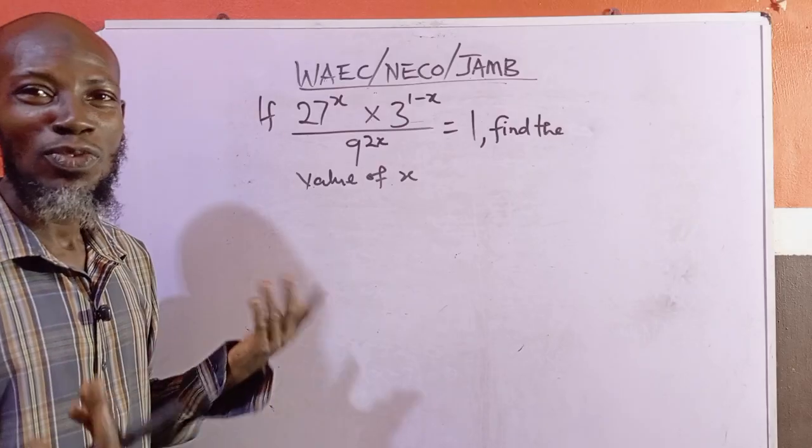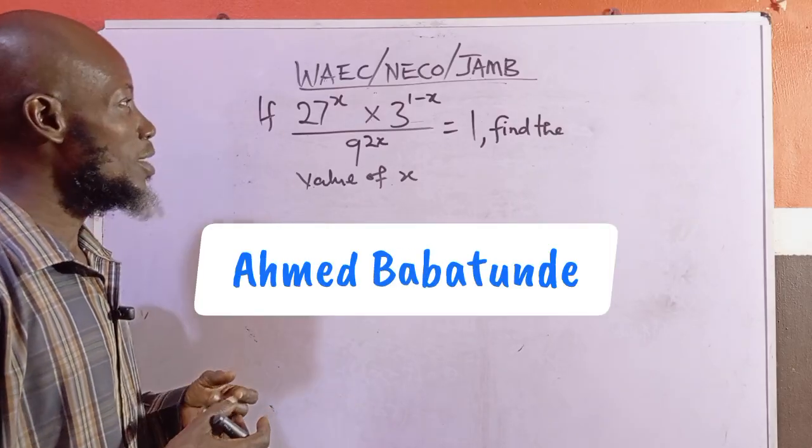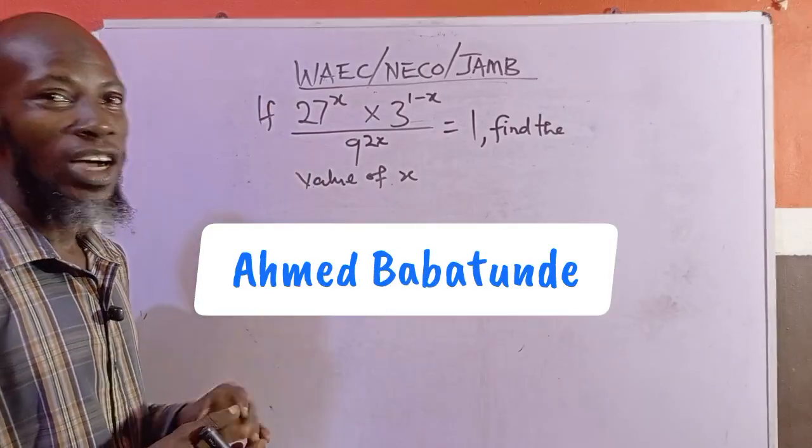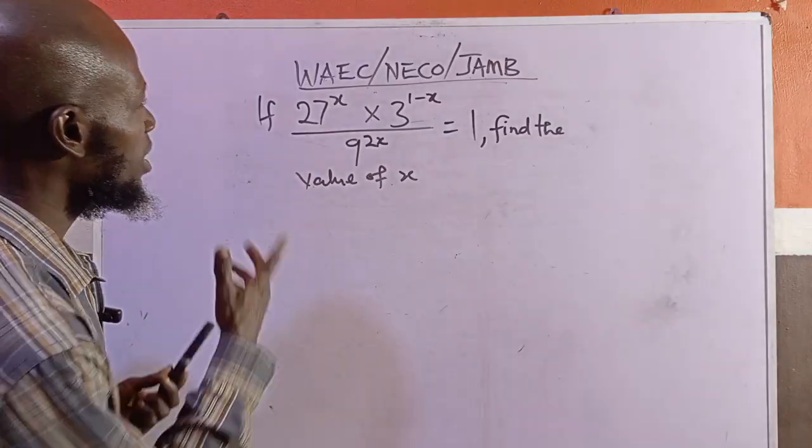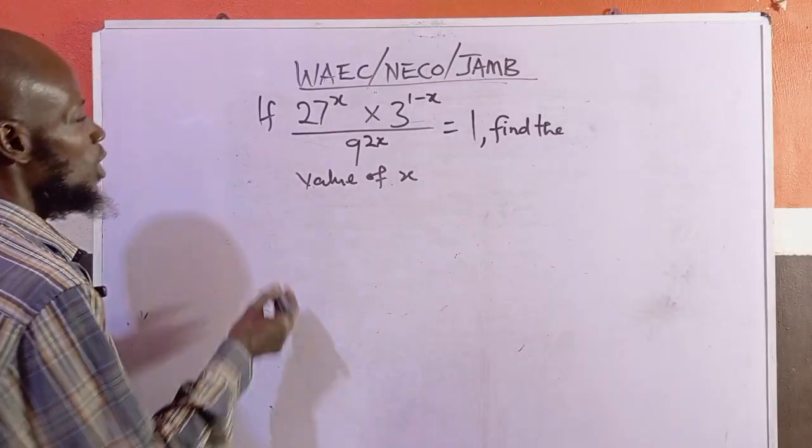You can find it in NECO, WAEC, or JAMB. So this is an indicial equation, or we say exponential equation. So let's see how we are going to solve this. So we have